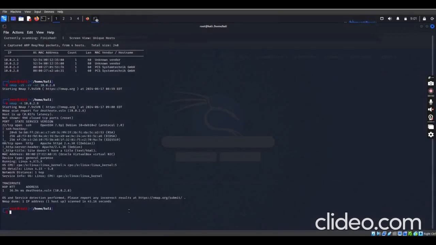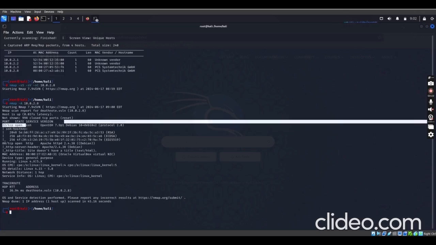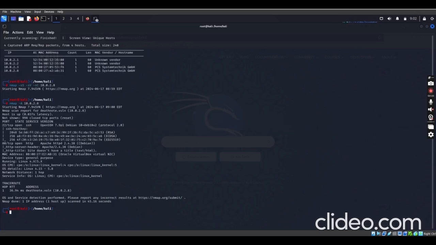The scan has finished. So we're going to look if we have an open port here. From what we are seeing here, we have an open port which we can exploit on this server. This is port 22, and the service running on it is SSH, with a version which you are seeing here too. Not only that, we also have port 80, which is HTTP without the S. You could see it there.